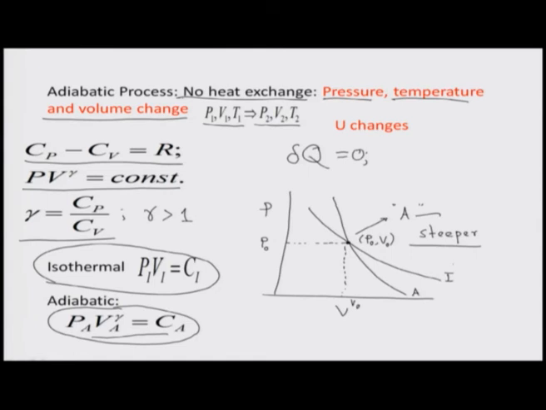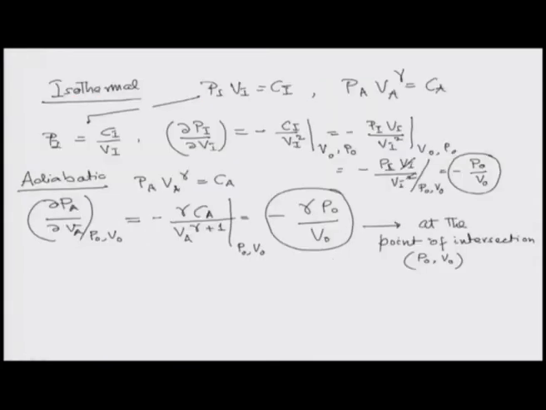Whatever is steeper is adiabatic, whatever is not so steep is isothermal. So, the slope of the adiabatic is gamma times P naught by V naught,